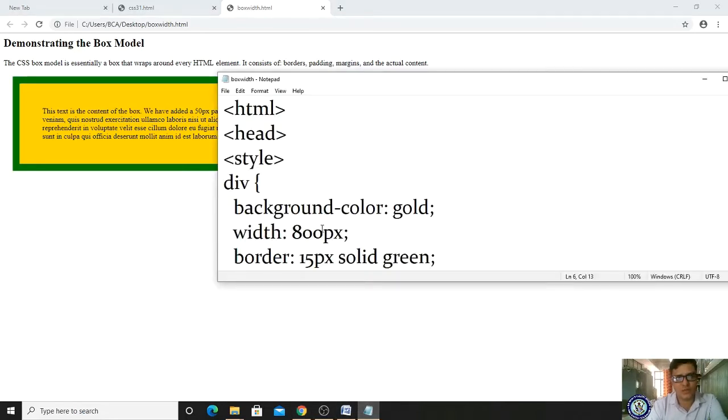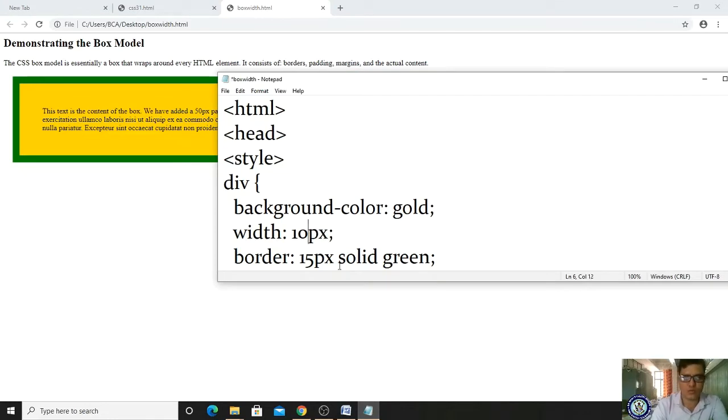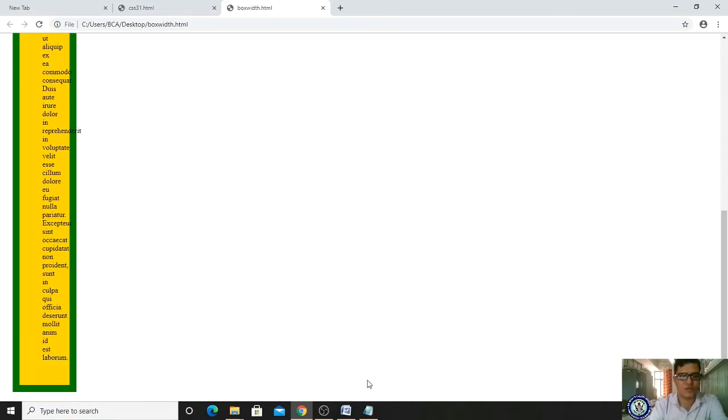If I make it 1000 pixels, you can see the 1000 pixels appear here. Likewise you can provide values. If I make it 10 pixels, it will be reduced, and 10 pixels appears like this.